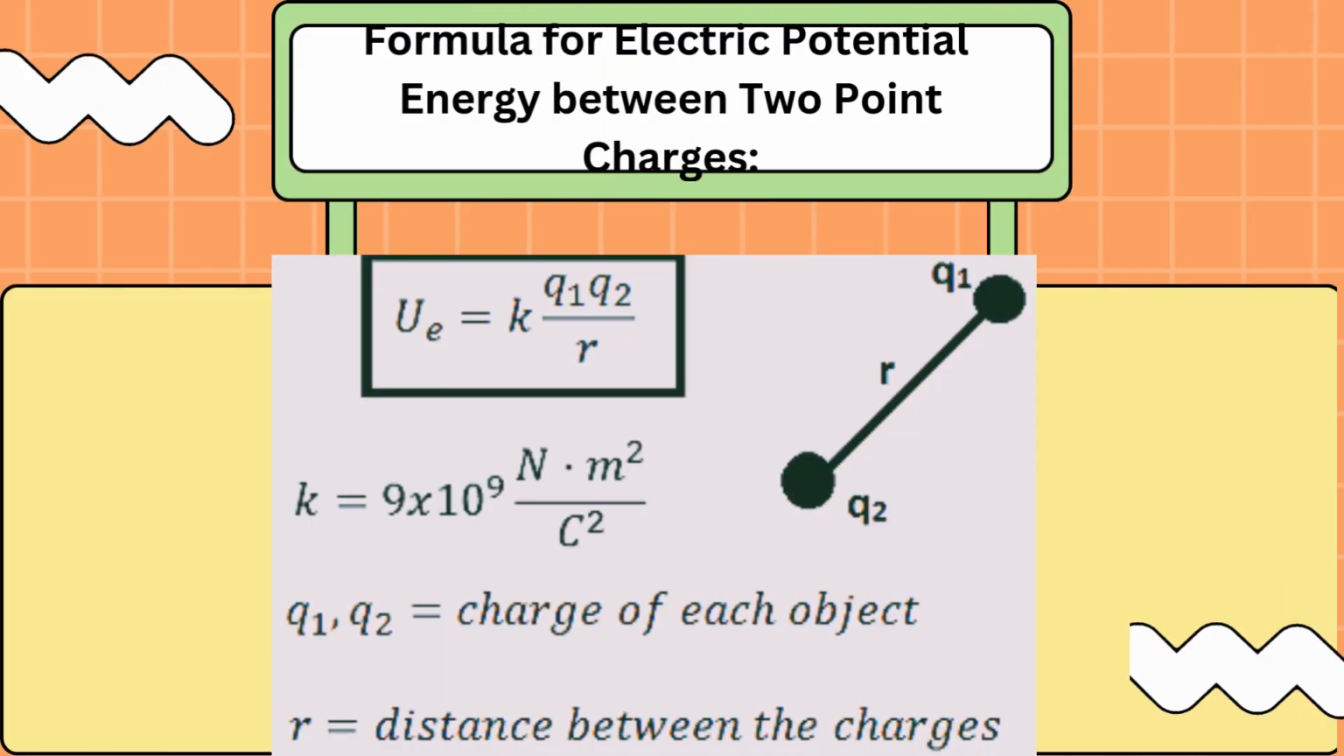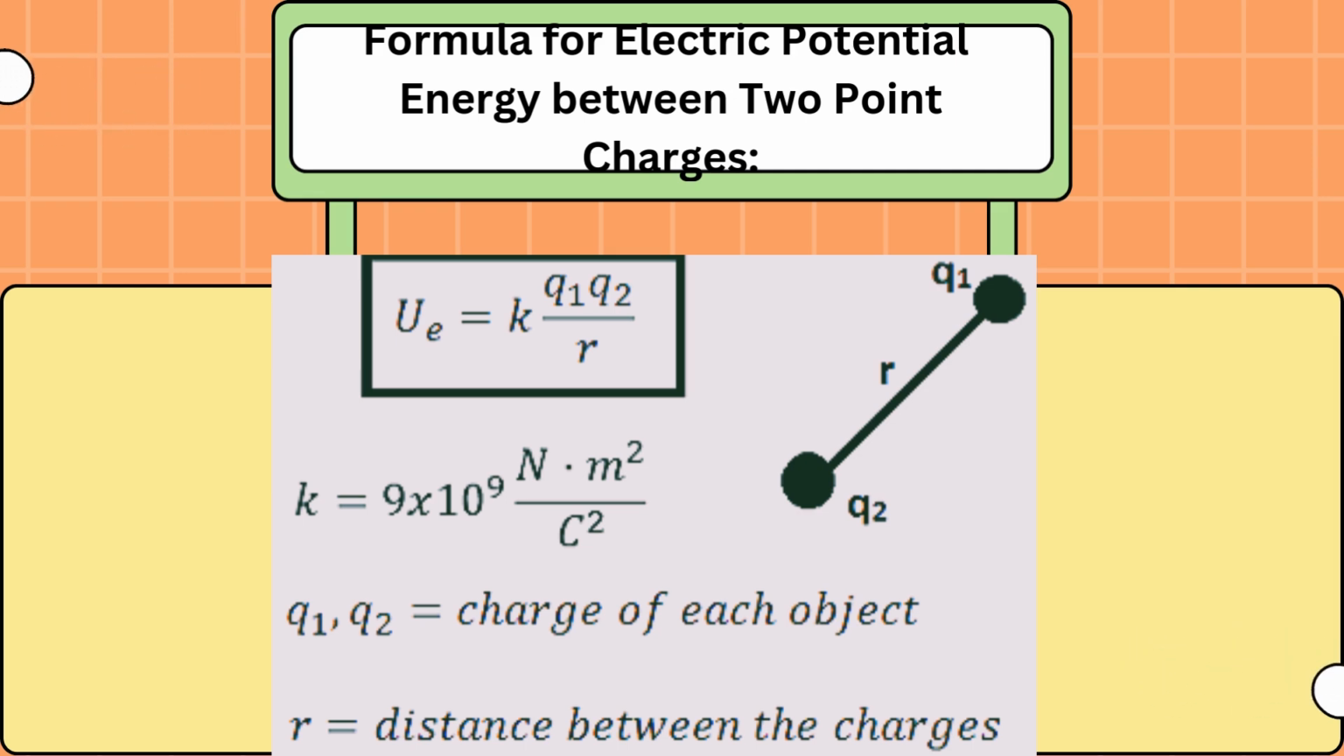Formula for electric potential energy between 2-point charges. The electric potential energy, U between 2-point charges Q1 and Q2, separated by a distance R, is given by U equals K Q1 Q2 over R, where U is the electric potential energy. Q1 and Q2 are the magnitudes of the two charges. R is the distance between the two charges. K is Coulomb's constant, approximately 8.99 x 10 raised to the power 9 Newton meter